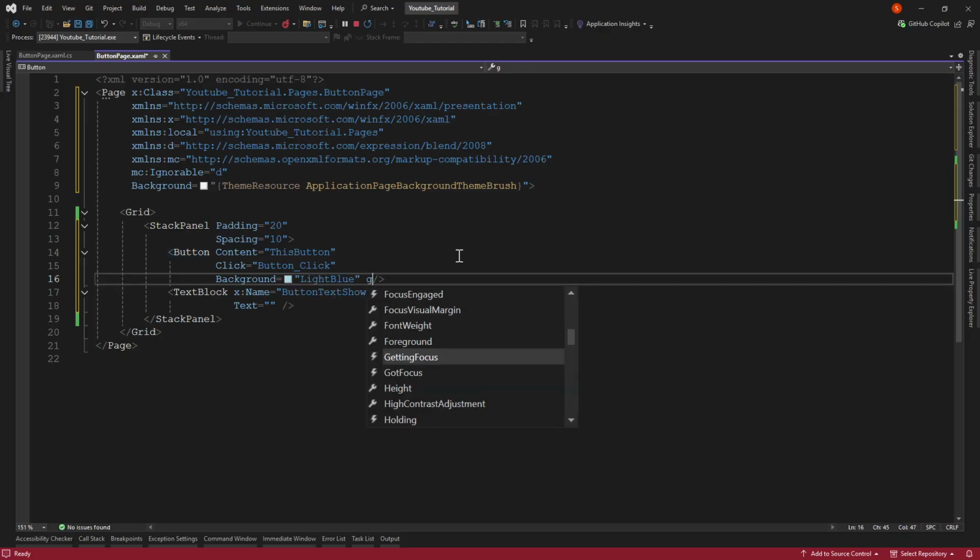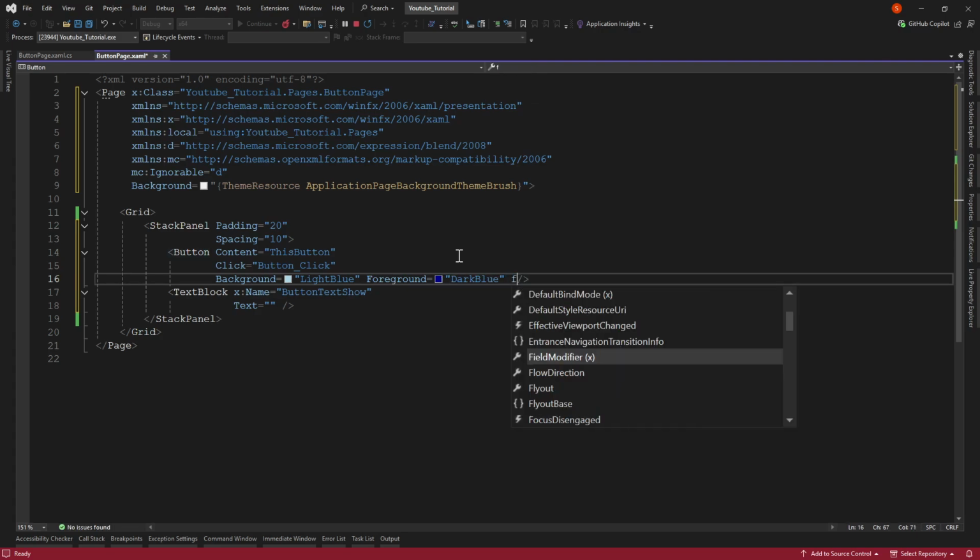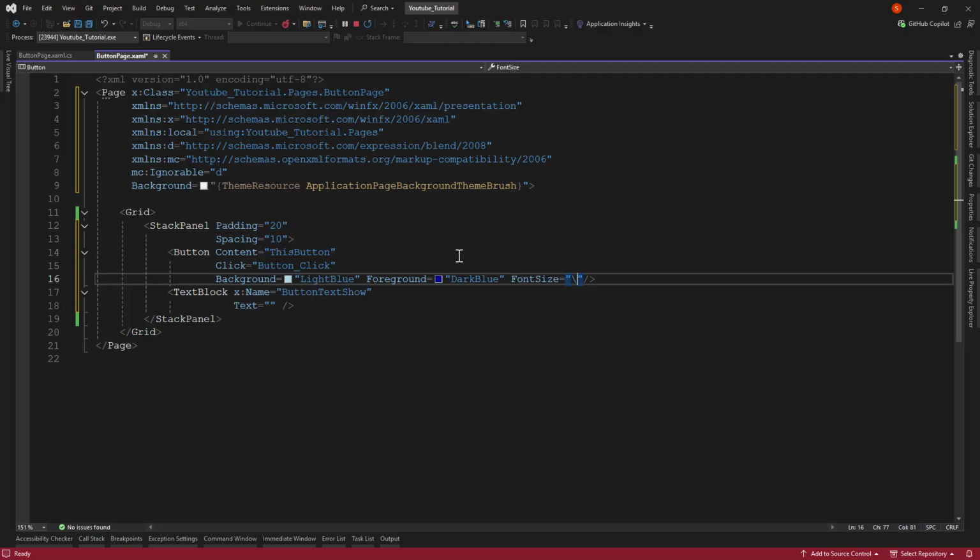And we have foreground, dark blue. And font size 20, and width 200,